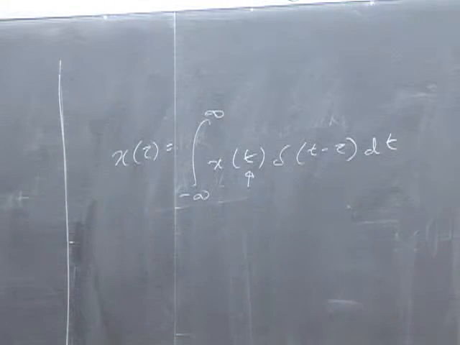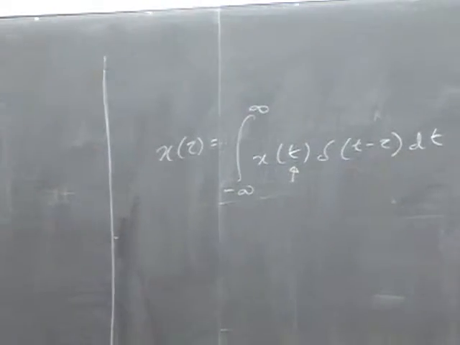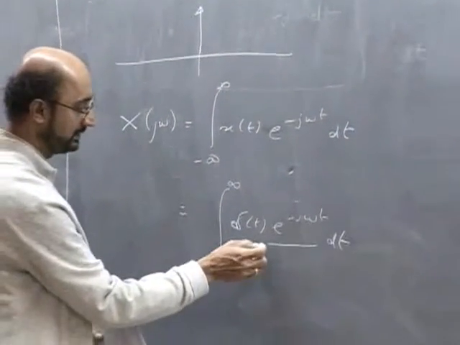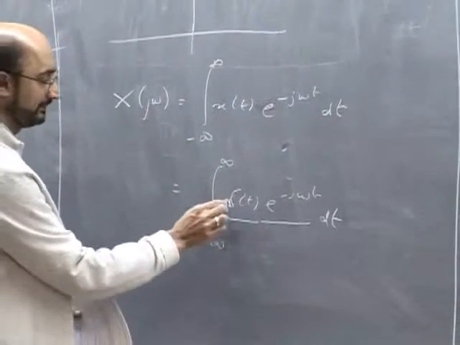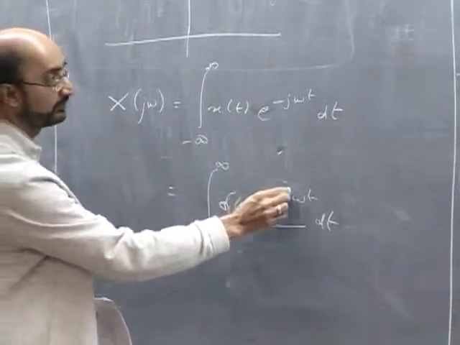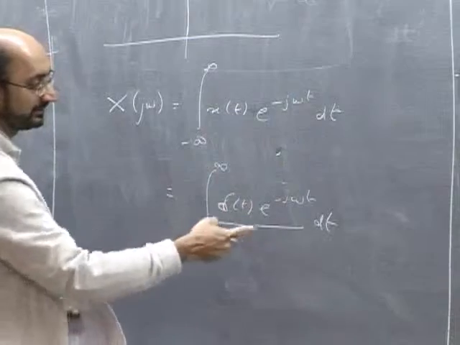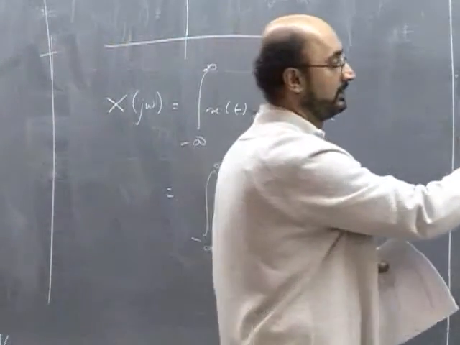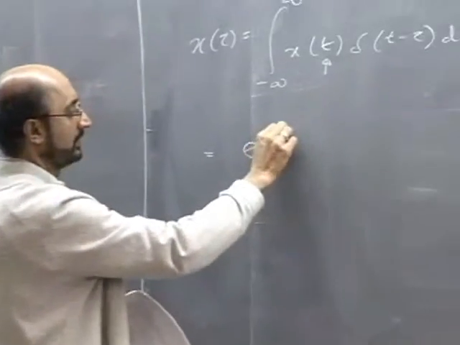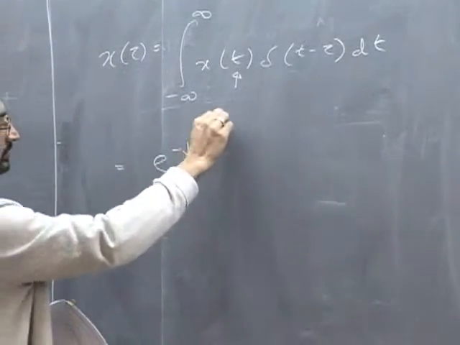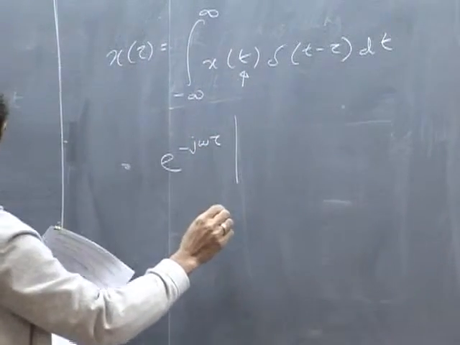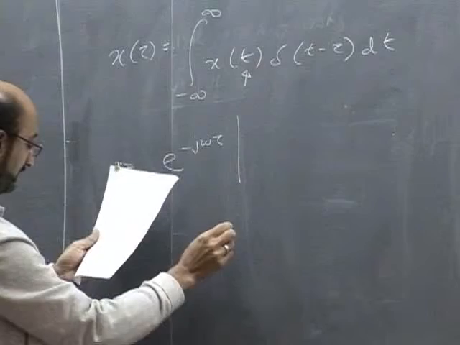I'm just swapping tau and t, and I said you can write it this way. So let's look at this one over here. We have e^(-j omega t) delta(t). If you compare these two, we find that this integral can be just written as e^(-j omega tau)